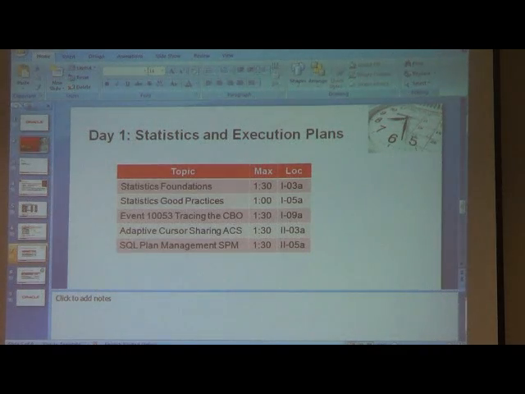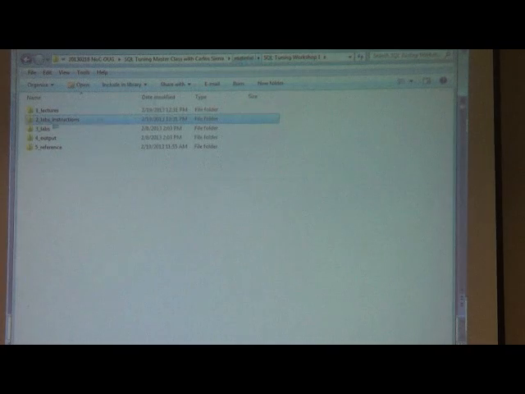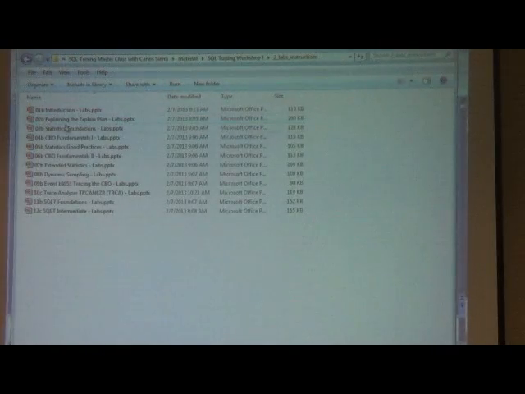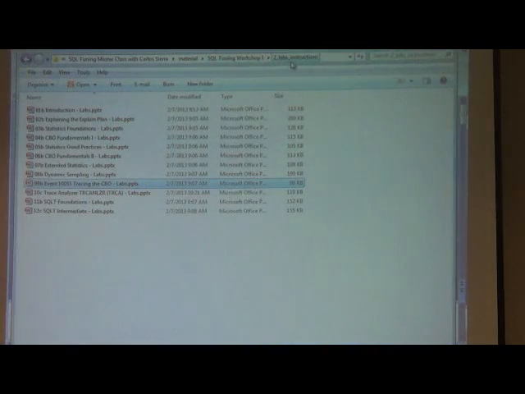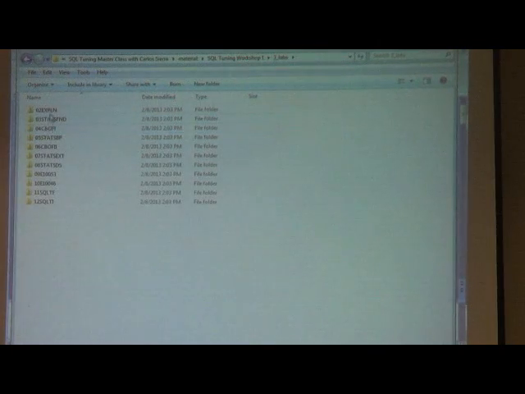I have this one, 09A, which is inside SQL Tuning Workshop 1 lectures. And on the labs instructions, we have 09B, which is this one here. I open those two, and then I move to labs, where I actually have the labs, which is this one here, labs. And on labs, I have the